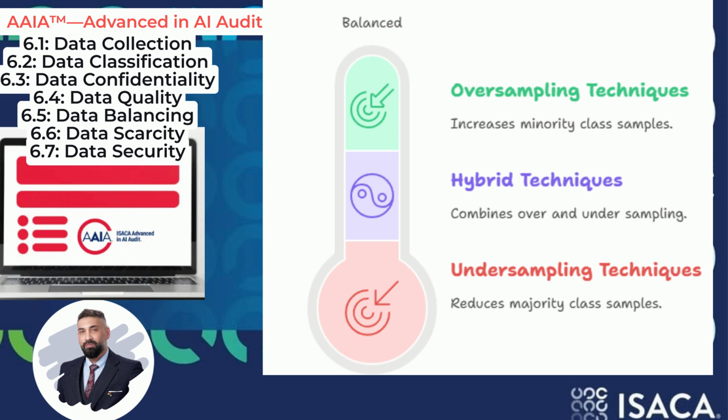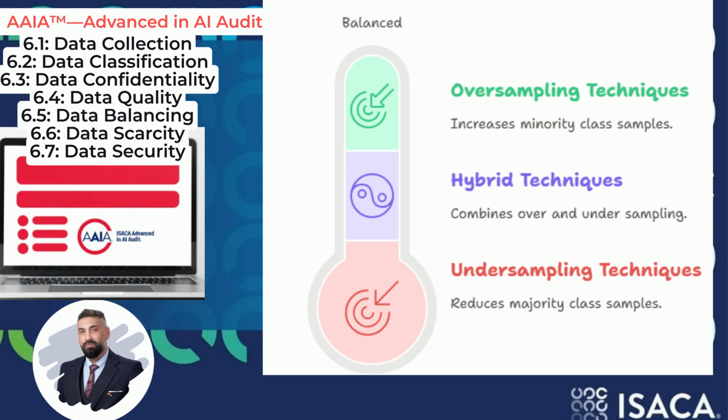Undersampling, decreasing the number of instances in the majority class. Random undersampling, simply removing random instances from the majority class. Tomek links, identifying pairs of instances from different classes that are close to each other, Tomek links, and removing the majority class instance from such pairs. Near miss, selects majority class samples whose average distance to some minority class samples is smallest. ENN, edited nearest neighbors, removes any instance whose class label differs from the class of the majority of its k-nearest neighbors. Hybrid approaches, combining oversampling and undersampling techniques such as SMOTE-ENN or SMOTE-Tomek.